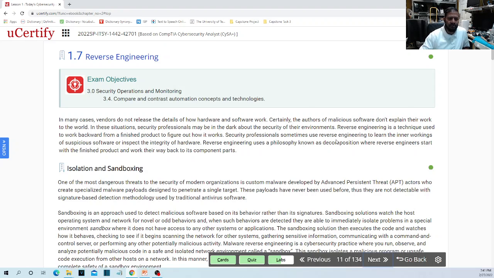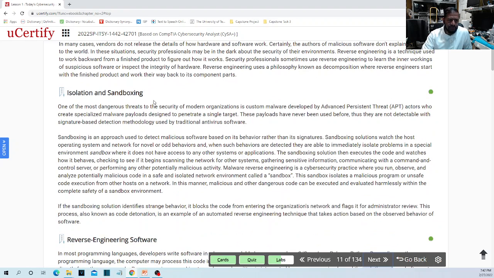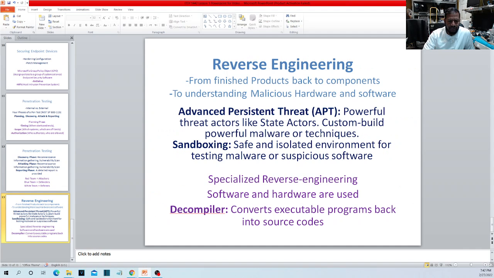Reverse engineering. Okay, in cyber security, this is an important concept. Sometimes there is software, malware, and you want to analyze it more. You are suspicious about it, but you don't quite know. So you want to reverse engineer it, find out its code, its source code, its binary code, using a decompiler to convert it into the source code and see whether it seems to be harmful. Okay, what is sandboxing? Let's go to our PowerPoint. Okay, we're going to talk about sandboxing.